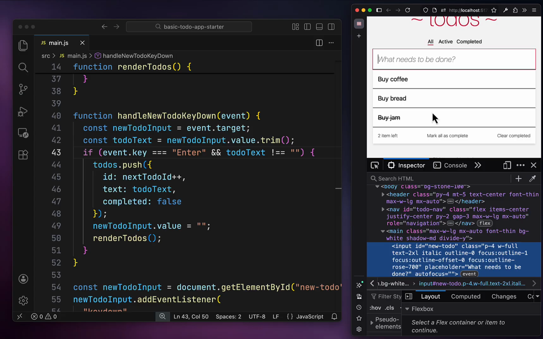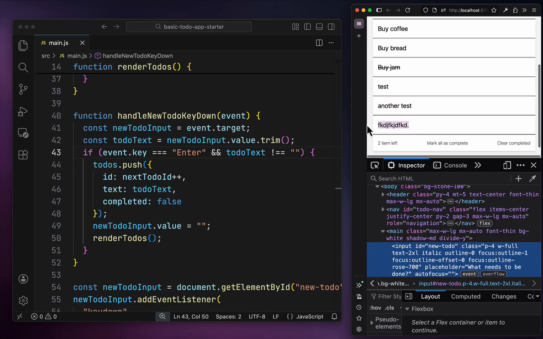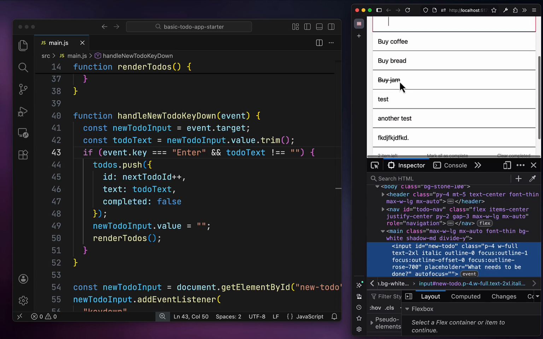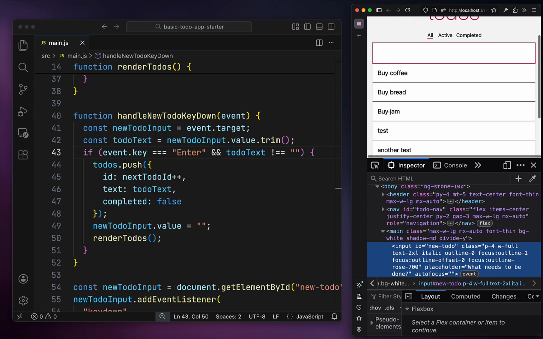Let's say something like another test, and then put a space, blah blah blah, space, and when we hit enter, it just takes that thing. It doesn't take the spaces, and if we just do a space and hit enter, it's just not going to take it. Okay, I think we made good progress on building our application, and so we can wrap up the